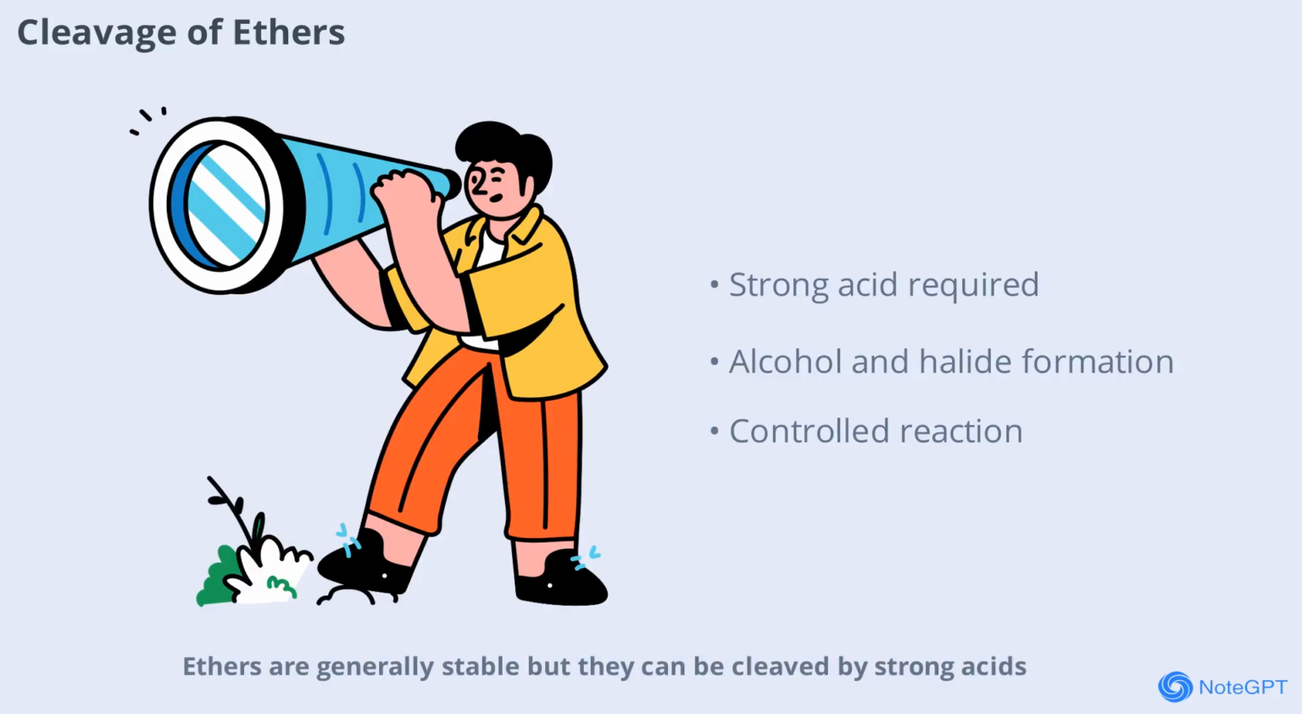Ethers are generally stable, but they can be cleaved by strong acids such as hydriodic acid (HI) or hydrobromic acid (HBr). This reaction results in the formation of alcohols and alkyl halides. The cleavage of ethers is important in organic synthesis and must be carefully controlled due to the potential formation of